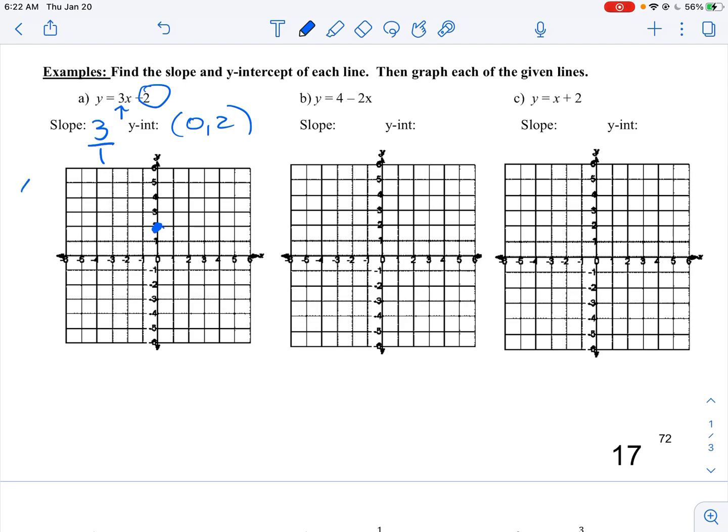Now, this is a positive slope, so that means I'm going to be going up. So I'm going to go up 1, 2, 3, and that means I'm going to go to the right because I need that to go in the positive direction. Now, could I have gone down? Yes, 1, 2, 3. But make sure your slope still stays positive, so that means I have to go to the left. I go 1, 2, 3, and I go over 1. See how all of those points, whether you went up or you went down, they always